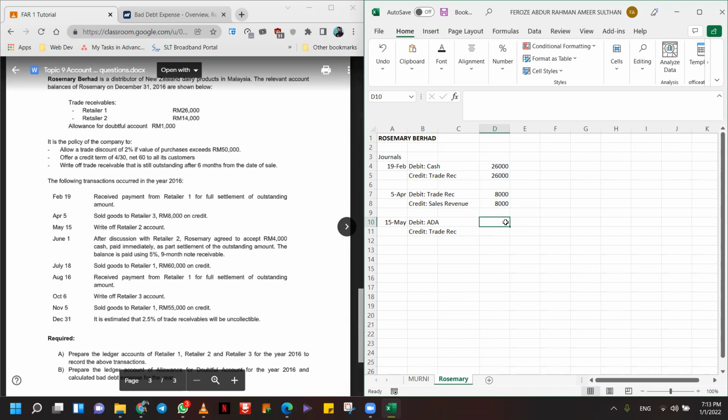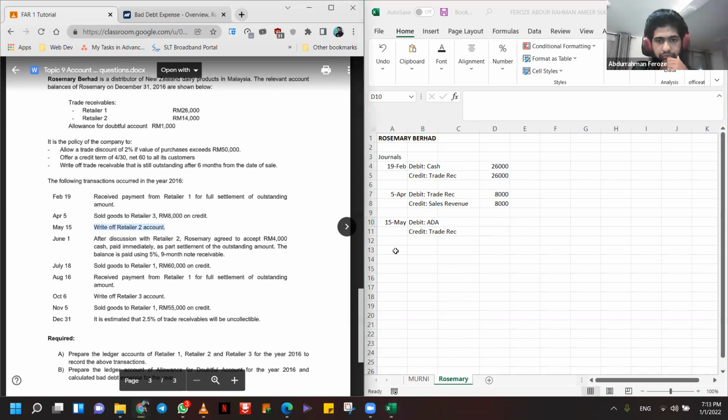Is it 1,000? No, it's 14,000. Right? They have written off the entire retailer 2 account. Retailer 2 account is 14,000. Okay. And then June 1, you have, after discussion with retailer 2, Rosemary agreed to accept 4,000 cash paid